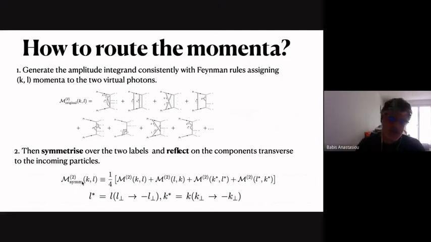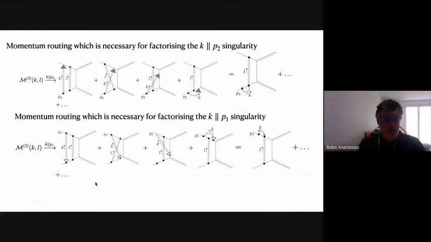So let me show you why we do these things. Let's look at a class of graphs that contribute to a divergence when one of the photons becomes collinear to the incoming leg. The Ward identity, in order to have factorization, wants this photon to attach everywhere in the rest of the subgraph. And when you do that, you get the full cancellations. So when you have all of these 4 contributions where the photon attaches everywhere, then you get a correction to the incoming leg. So this is a jet function times a 1-loop subgraph.